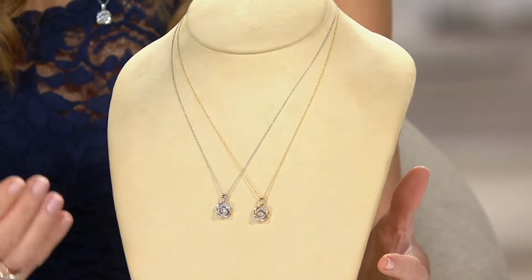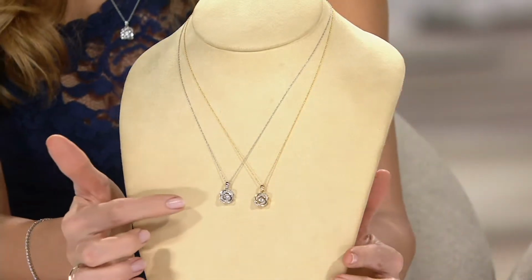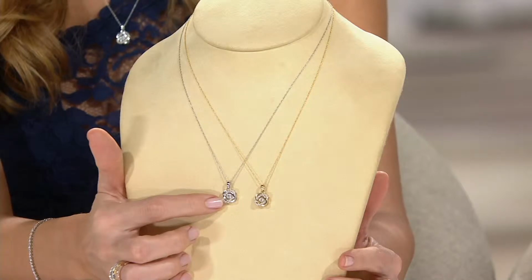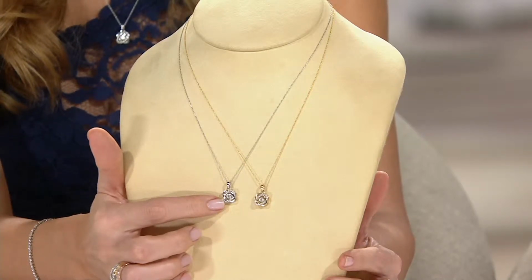...which become even more incredible. Look at this, I'm not even touching it. And it's already dancing and moving, hence the name. This is the dancing diamond pendant in 14 karat gold. Look at this, wait until you see it up close. Your choice of white or yellow,